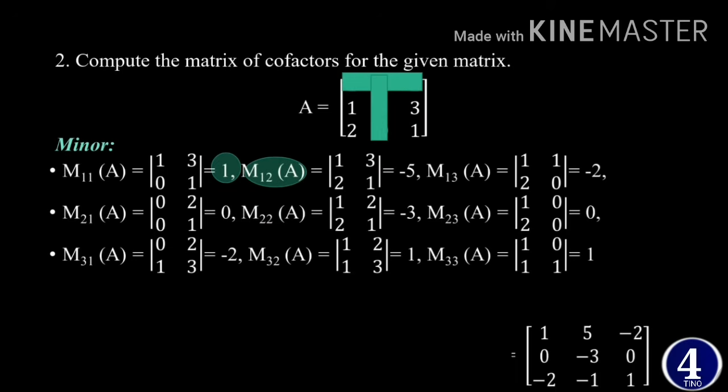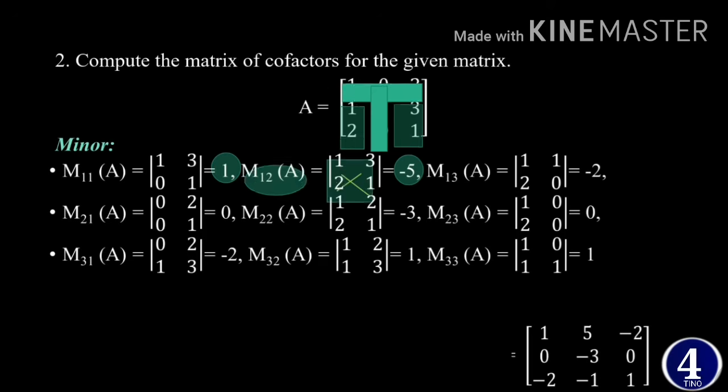ከዛስ minor at the location of 1 2 ማለት ደግሞ ሮ 1 እና ኮለመን 2 አጥፍታችሁ የምታገኙትን ማትሪክስ ዲተርሚናንት መፈለግ ማለት ነው። ሶ ሮ 1 እና ኮለመን 2 ሲጠፋ የሚገኘው ማትሪክስ ይሄኛው ማትሪክስ ነው አይደል? ስለዚህ 1 2 እና 3 1 ይሆናል። የዚህን ማትሪክስ ደግሞ ዲተርሚናንት ስንፈልግ ክሪስ ክሮስ አድርገን መቀነስ ነው ማለት ነው። ስለዚህ አንድ ጊዜ አንድ ሲቀነስ 2 ሲባዛ 3 6፣ አንድ ሲቀነስ 6 is -5 ማለት ነው። -5ን ትይዙና እንቀጥላለን።